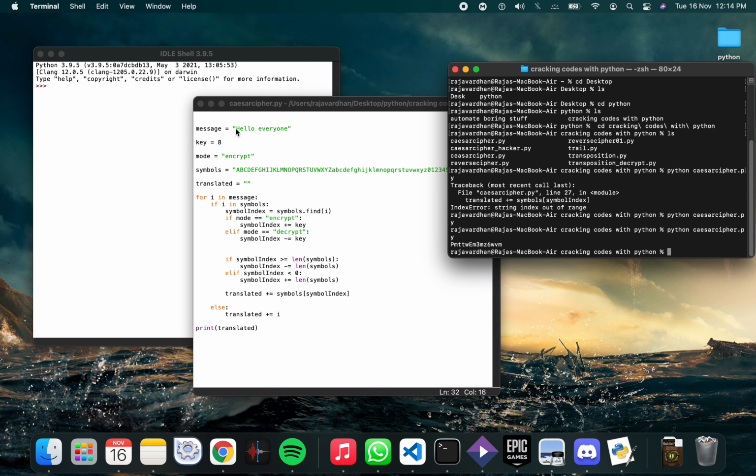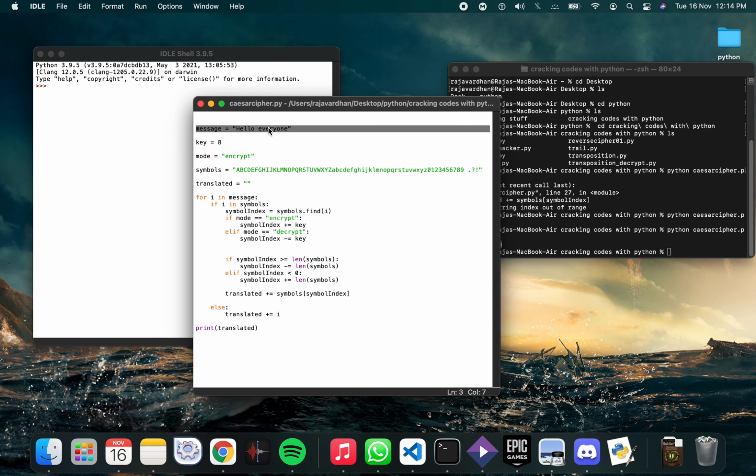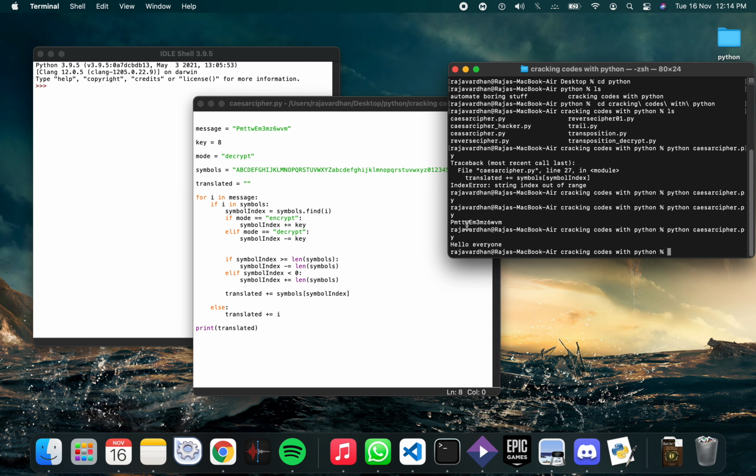Here you can see the hello everyone message is being encrypted. And what if I have to decrypt? So decrypt. Here you can see before the encryption the message is hello everyone. After encryption with the key 8, it is some text here.